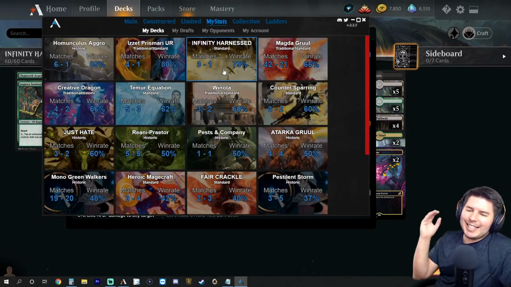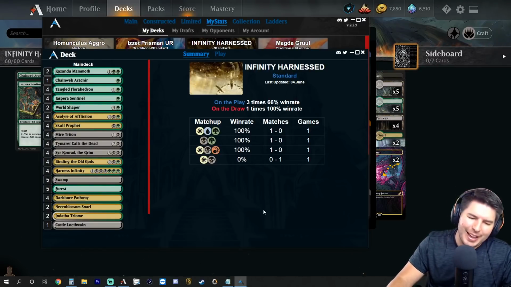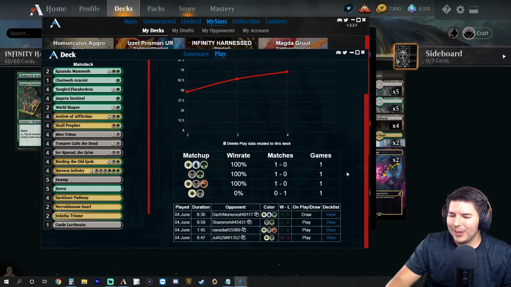All right, guys. Harness Infinity with a 75% win rate, 3-1, and this deck was awesome. I'm not playing too many games of this one because I'm trying to keep my videos a little bit shorter. I have to record a lot of videos right now. And so, anyway, this deck was super, super fun. The one game that we lost was...